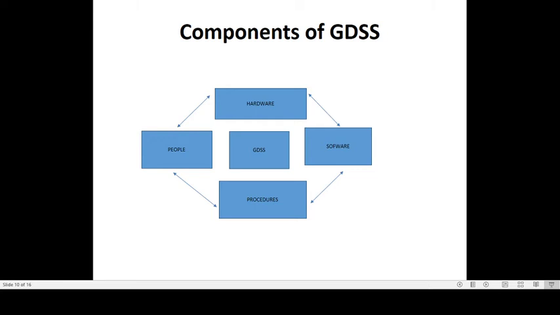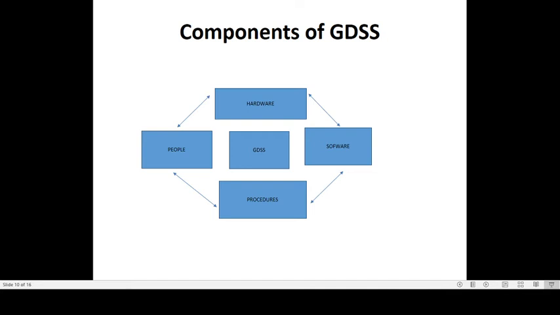Software includes user interface, including electronic questionnaires, brainstorming tools, idea organizers, voting tools, questionnaire tools, analysis tools, etc. So for analyzing, the tools will be there. Questionnaire tools are there. Voting tools to give their preferences, and brainstorming tools online in a single platform. The discussions will be happening, exchange of thoughts, exchange of ideas will be happening. So electronically the message will be passed. For that, various software support should be there.